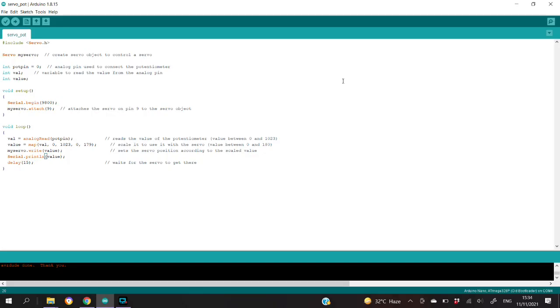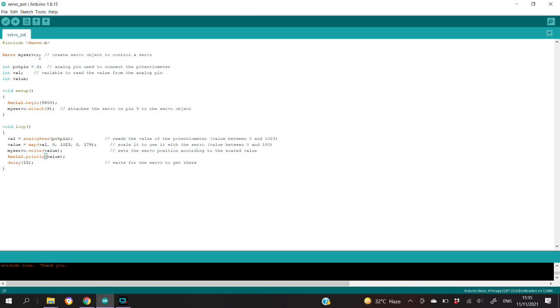Going to demonstrate how to use a potentiometer as a sensor to control a servo motor. So you can see we include the library named Servo to declare that we are using a servo motor here. So we declare an object named myServo,